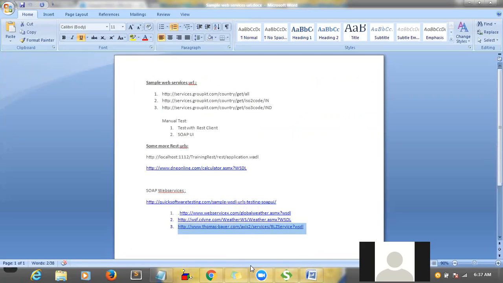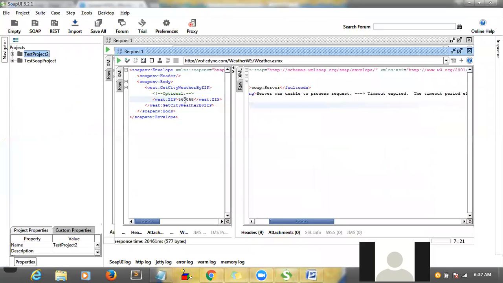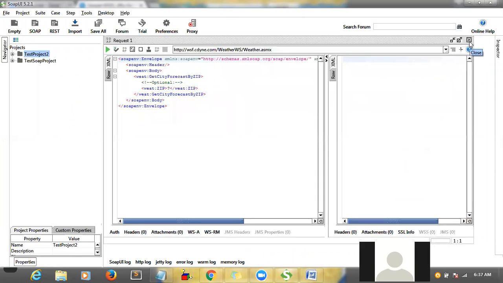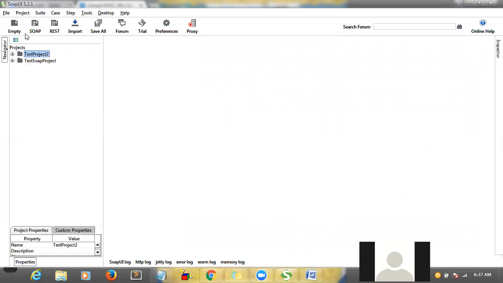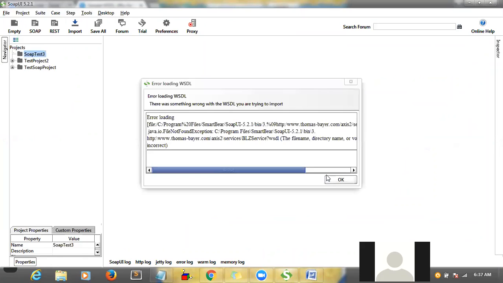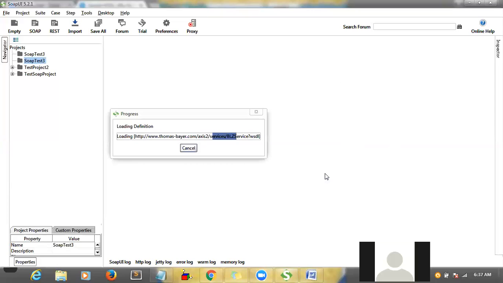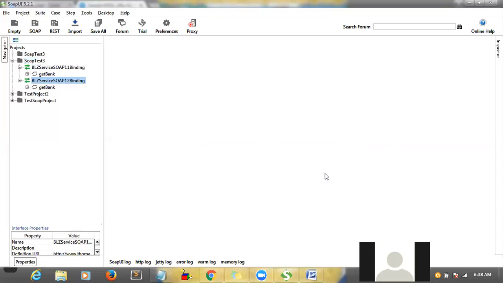So basically this URL you will get from the developers who developed the web service. Just take that URL and come here and close all these testing windows and click new SoapUI project, SOAP test 3, and paste the URL and press OK. Did you see? It's something extra we pasted. Yes, click OK. Now it will connect to that particular server and try to download all the possible